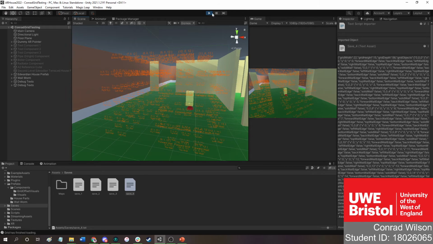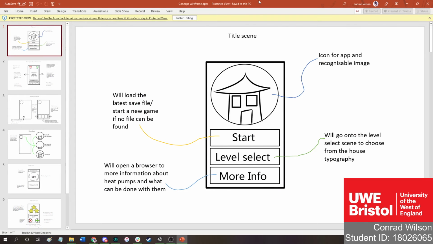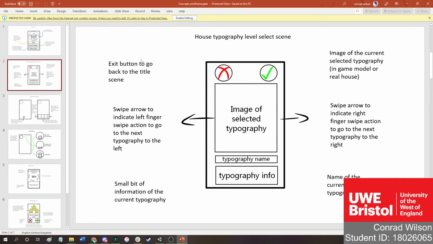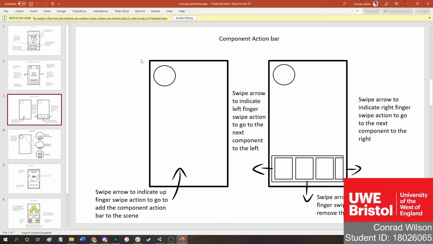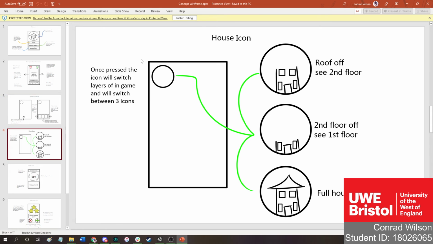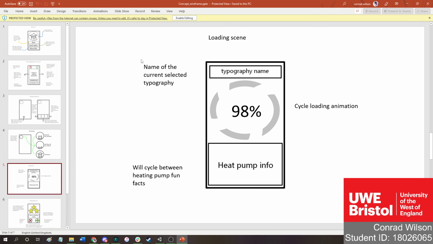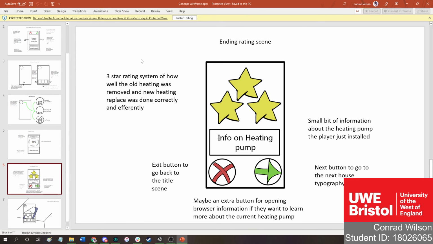On the other side of things, Connor has been doing some interface designs. As you can see, we've got a few different game loop kind of stages now, all with UI designs, with the title screen, selecting your level with the different house topology. Once you're in game, you'll have this action bar where you can select which components to place, as well as a menu, a button on the top left to select which layer of the house you want to see, so upper floor, lower floor, the whole house on the outside, some loading screen, templates, and also at the end game